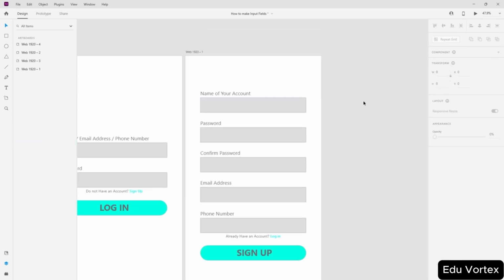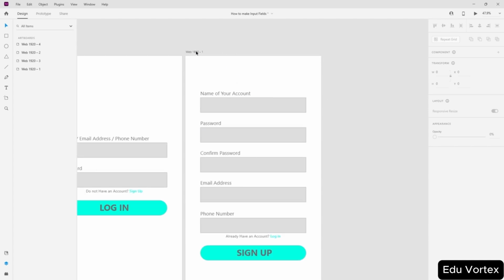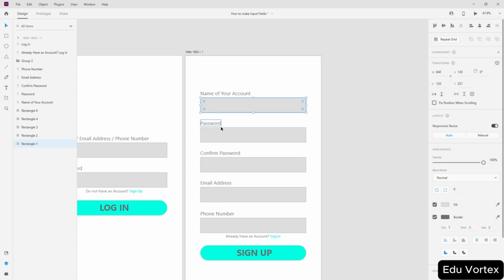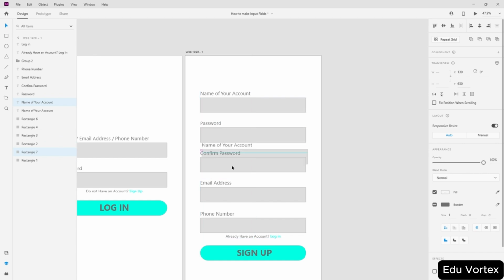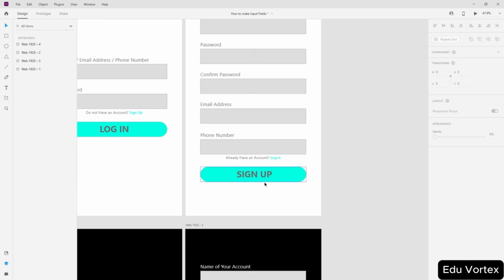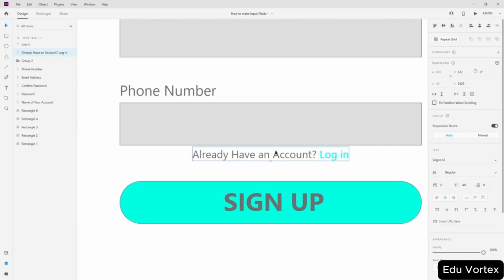So now what I'm trying to say is you can go ahead and make this on your own. You just need to make an artboard, put in text, and align them perfectly. For example, I first created this, then copied it and pasted it on top of here, and did the same thing uniformly here as well. And then I put in another text over here, like "Already have an account?",